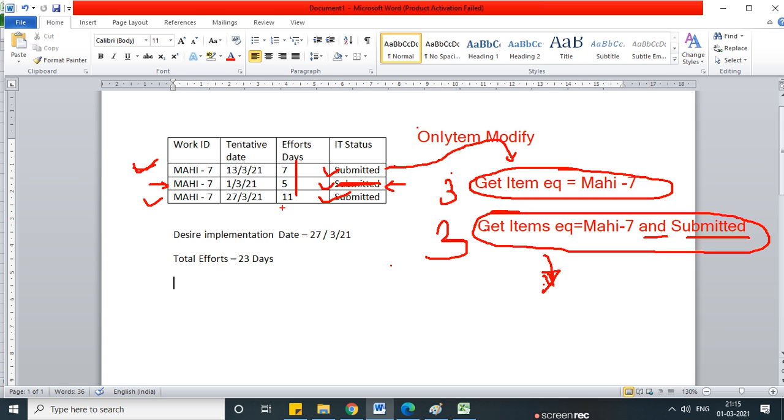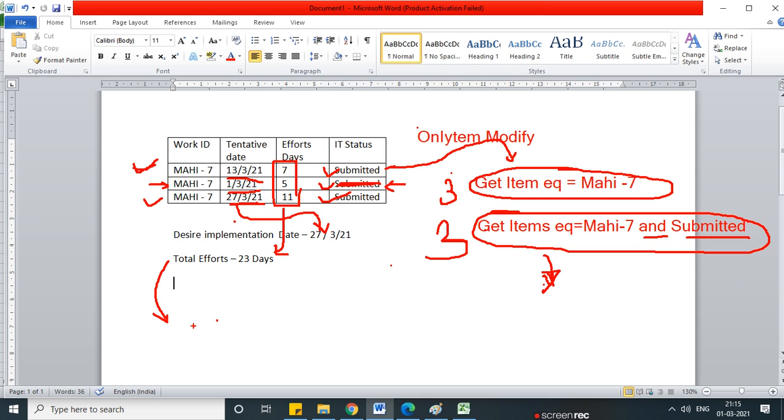Now it's a bit of critical logic here, not critical, but we need to define that logic. We need to calculate which one is the greater date, or the big date. Consider here 27 March is the higher date, and here is the sum of the efforts. So you can see here the higher date is 27 March and the sum of efforts will be 23. We need to extract these things from this output, and then we need to put these details in our